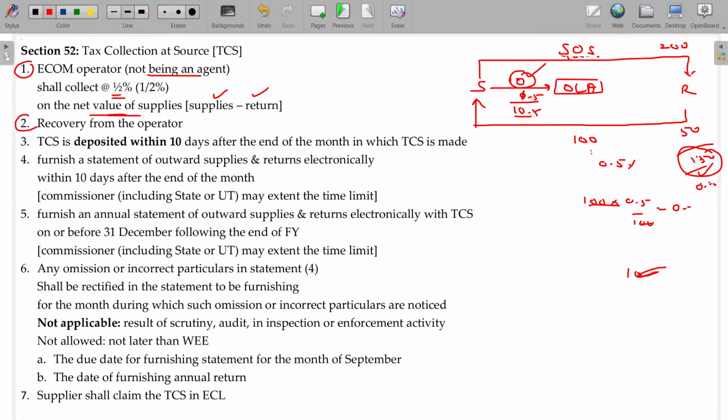And recovery from the operator: the TCS certificate must be deposited within 10 days, the same condition, and furnish the statement of outward supplies electronically within 10 days after the end of the month, and furnish an annual statement regarding this. Any omission or incorrect particulars in the statement shall be rectified in a subsequent statement, and the supplier shall claim this in the electronic cash ledger. So the TDS and TCS both will be enjoyed by the real person who is paying, in the electronic cash ledger. It's not the electronic credit ledger. So with that,